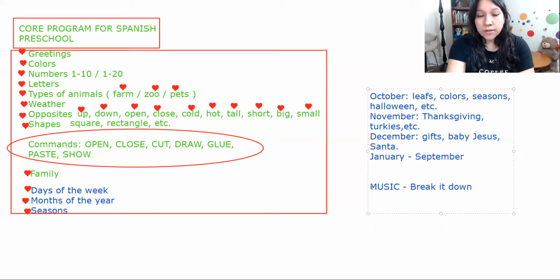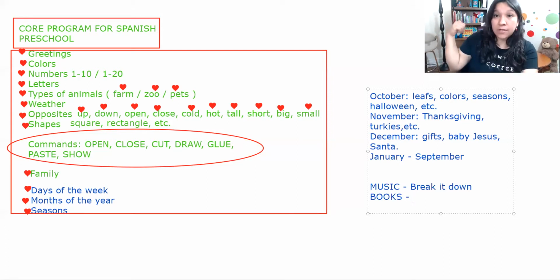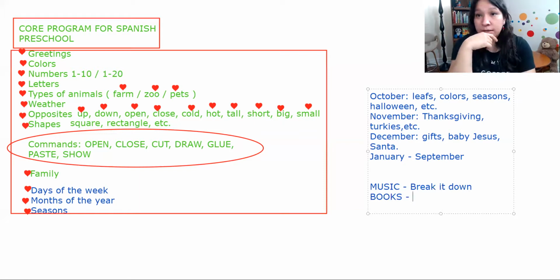So you can use music, you can use books. So you should have a little library like that. That's just a little couple of books. I have boxes of books here. You can even go to the library and just get free books. You can go in there and order from other libraries. And then you have a collection. Each book is a marvelous thing for you to start teaching the language, because you can also make a class out of that